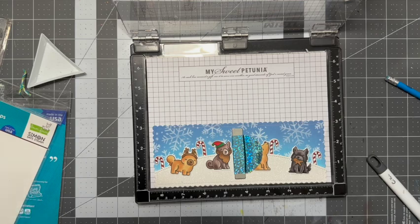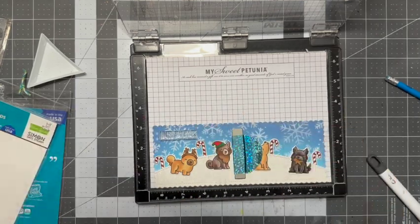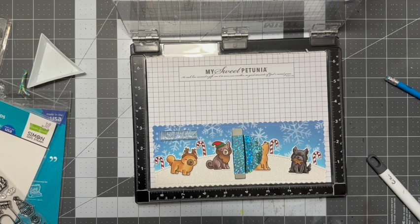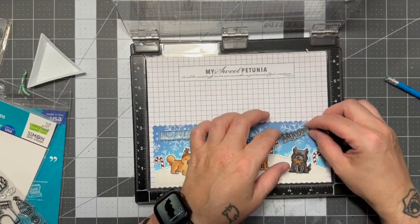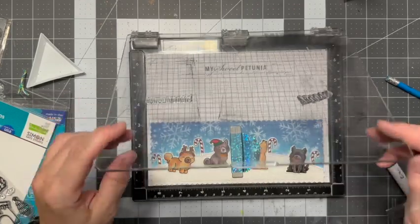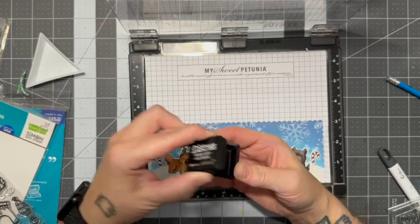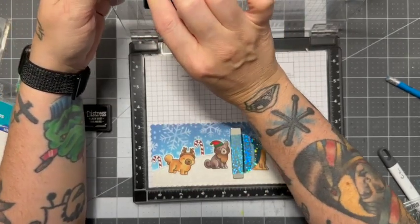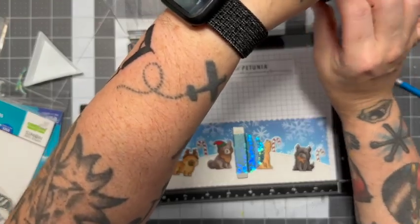Now off camera, I have gone ahead and cut and colored all of my images from Home for the Pawlidays, and I've used a little guy from the Yappy Birthday. I've got the candy canes, and you'll see in a bit, the little jujubes that I used from Sweet Christmas. Those come in eventually. And I needed a sentiment, so I'm taking the black Soot Archival ink that I'd gotten